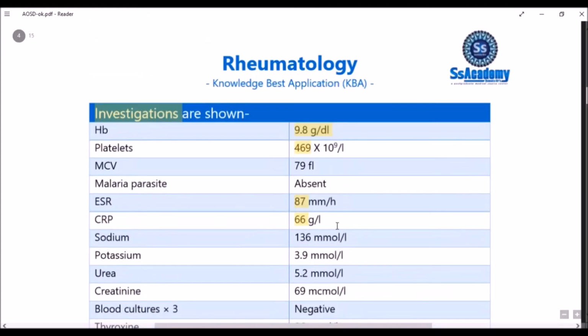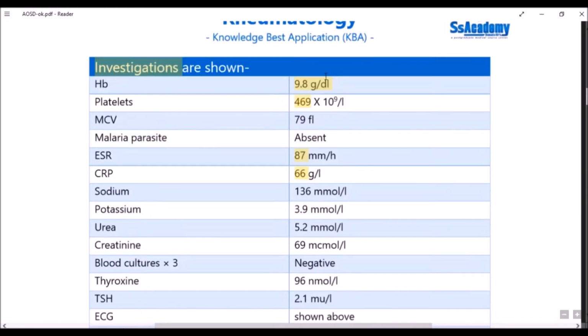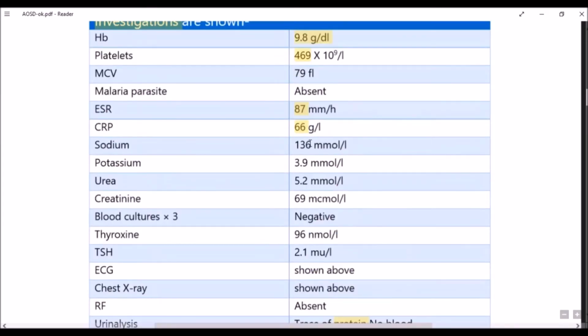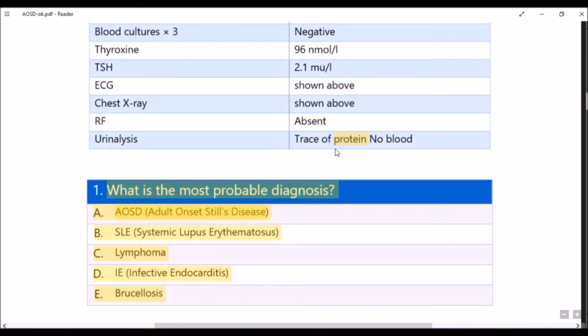So my dear, the things that I circle, do circle with me and just follow me. So hemoglobin low with the normocytic normochromic anemia, as well as the platelets raised, raised ESR, raised CRP, and also some trace of the proteins. These are nothing but inflammatory markers. So low hemoglobin, raised platelet, raised ESR and CRP, and trace of the proteins are also due to